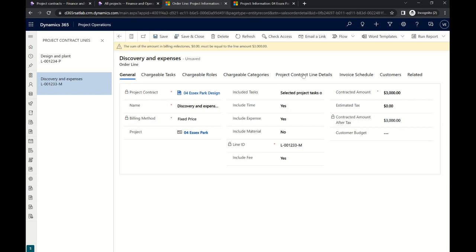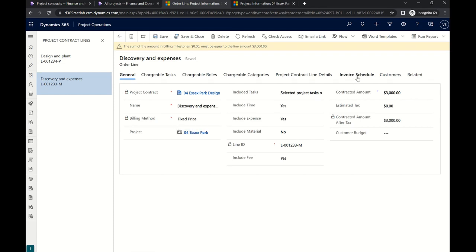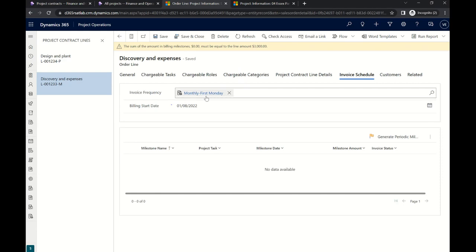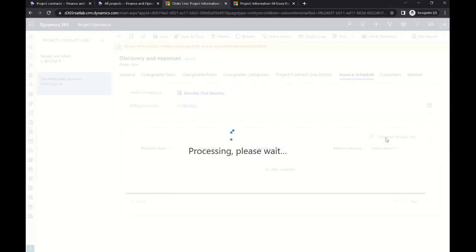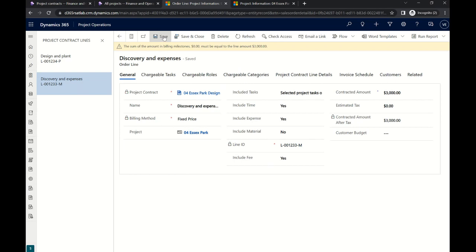You see the error message that the billing milestone should be 3,000 as on the line. And we're going to rectify this in just a second by going to the Invoice Schedule tab. We click, we add invoice frequency, billing start date, and then we click on Generate Periodic Milestones. And that's it, as simple as that. We have 2 milestones created for September and October to bill our customer equally, 1,500 each. Let's save that line